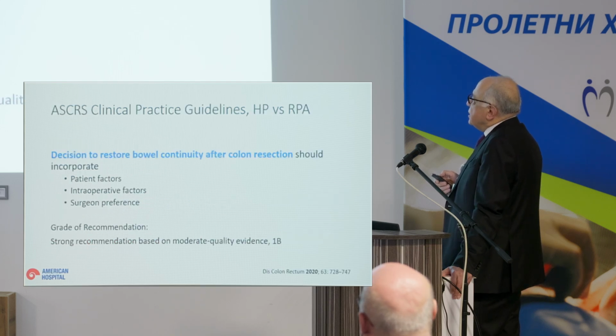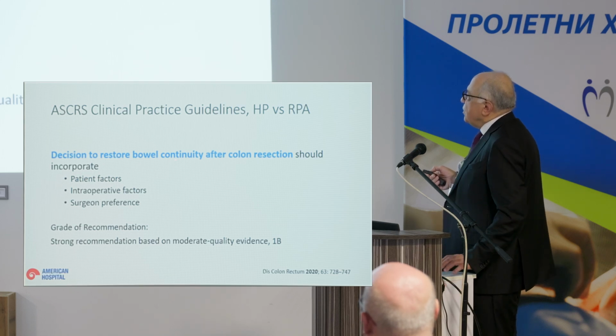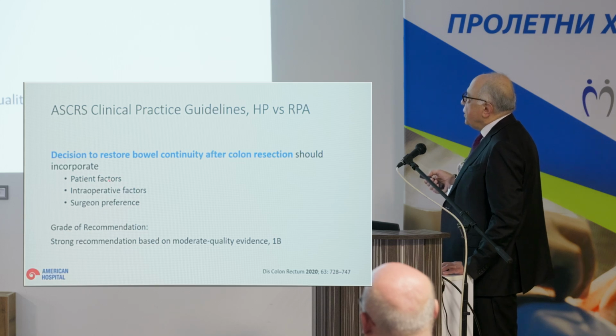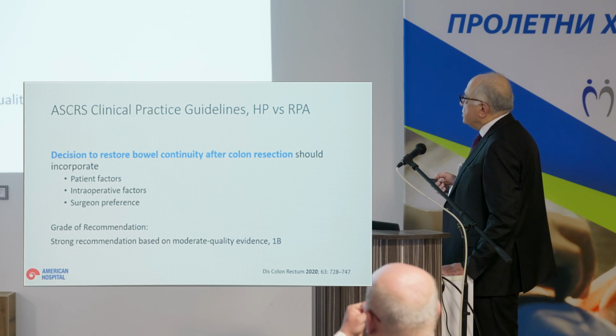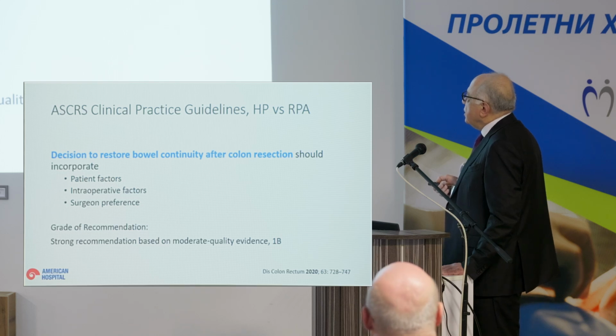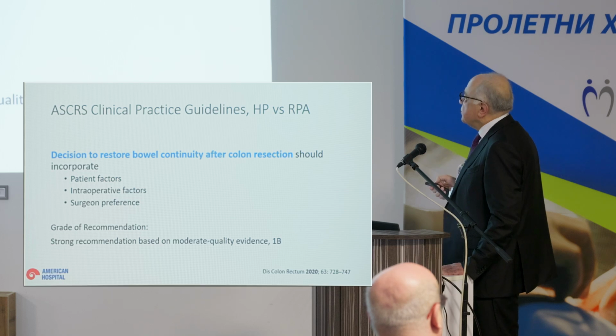Again, when we look at the ASCRS clinical practice guidelines comparing Hartmann versus resection and primary anastomosis, the decision to restore bowel continuity after colon resection should incorporate patient factors, which is very important, and intraoperative factors, such as whether the peritonitis is low or high, and also the surgeon's preference and experience. The recommendation is based on moderate quality evidence, grade 1B, and these factors also give us some idea about the